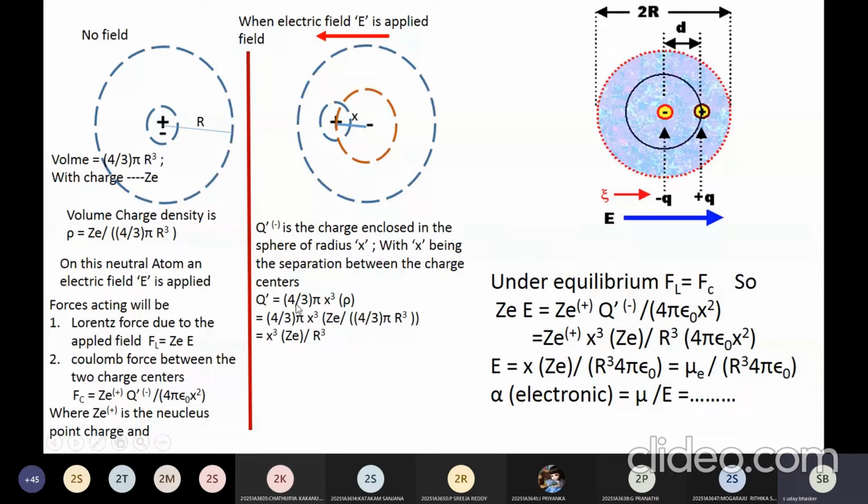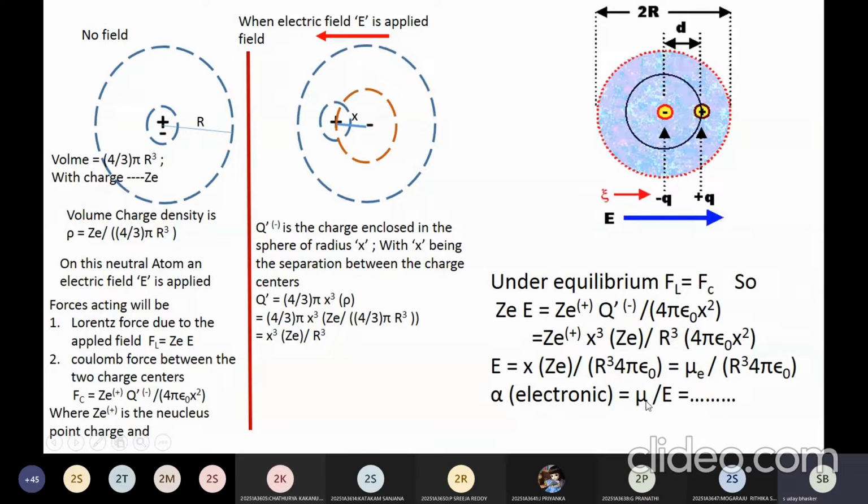What is the charge enclosed in this sphere? The volume of the sphere is 4 by 3 pi x cube, and the charge density as you calculated here is ZE by 4 by 3 pi r cube. I substitute both of them and I get Q dash is equal to x cube ZE by r cube. Good. After the separation, you have Coulomb force, and before and after separation you have Lorentz force. So under equilibrium, Lorentz force and Coulomb force will be equal. Lorentz force is ZE into E and Coulomb force is this expression. I equate these two things and try to get the expression for electronic polarizability,